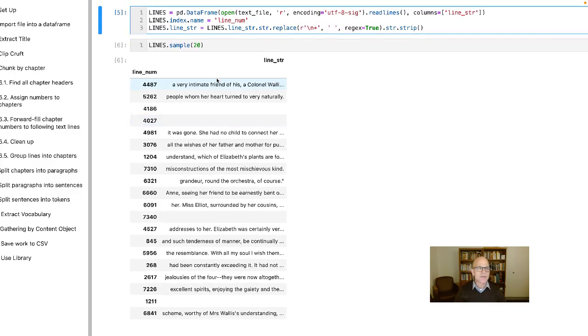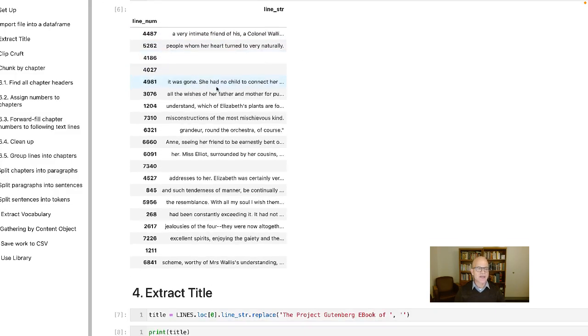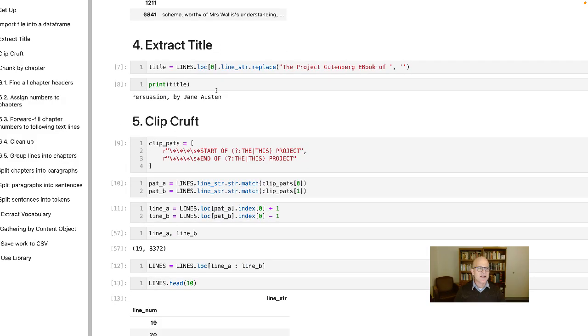So here's the result. I'm going to sample the results of this. It's just like we did last time. It's a set of lines. I have this in here. It's not important. You can do this